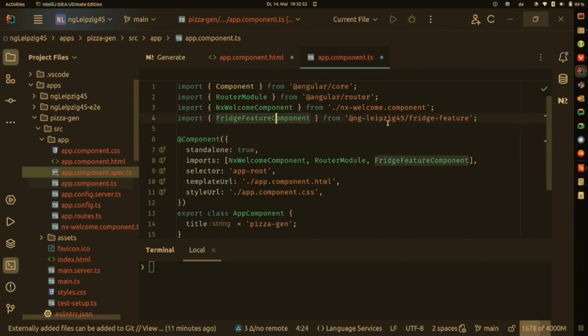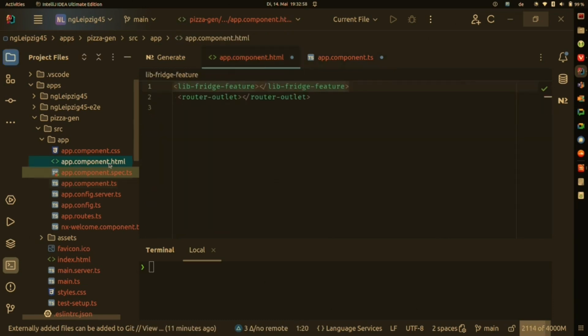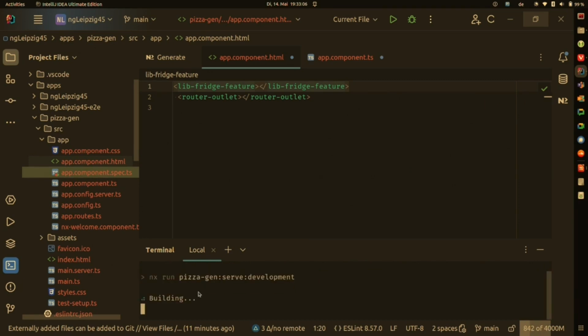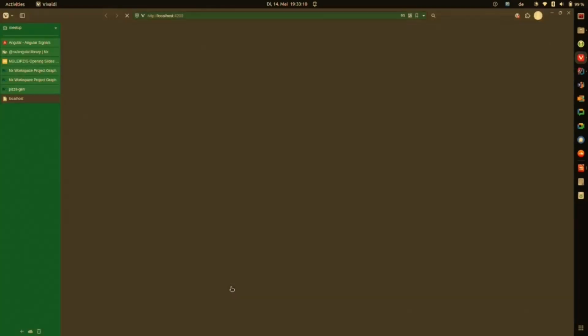Here it is. It's imported via this alias and used as an import. And if we just run this pizza command again, we will now see